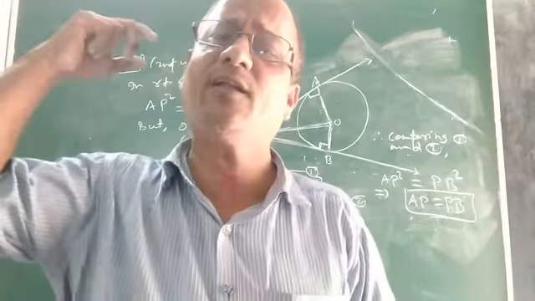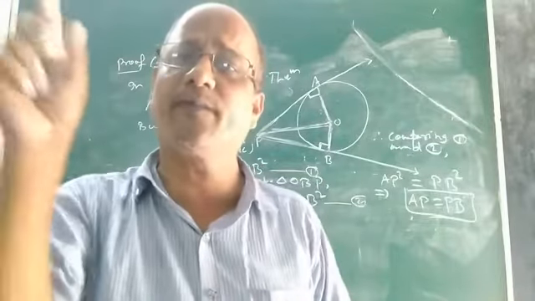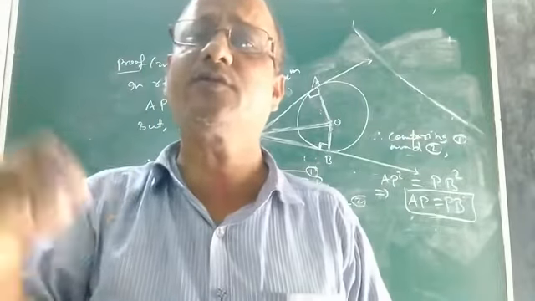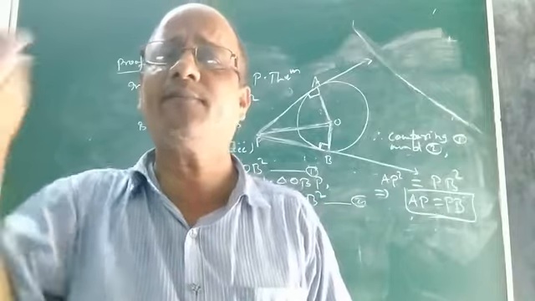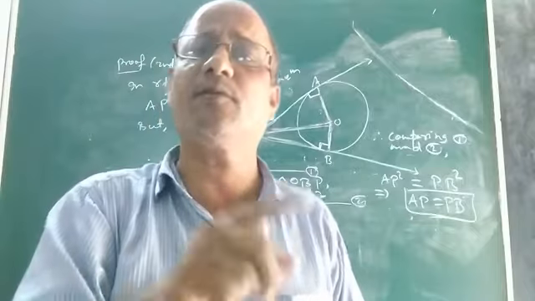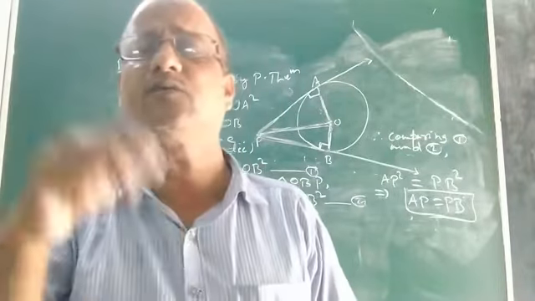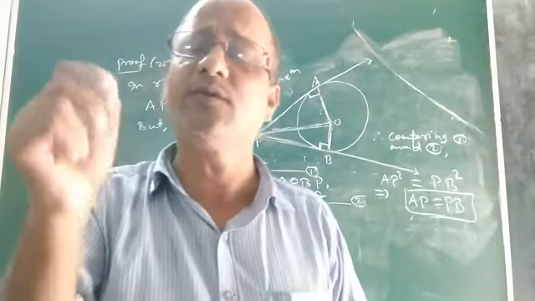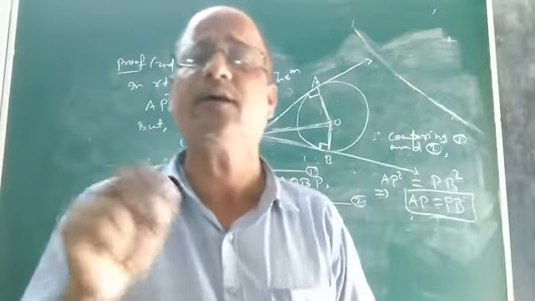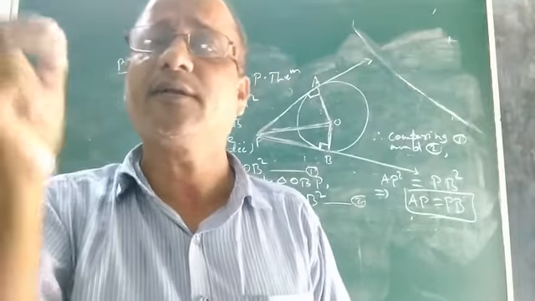It will find a lot of applications when you come across solving problems or proving geometrical truths based on tangent and circle. This particular truth will be used in most of the cases. It is a very important truth which relates two tangents drawn from an external point to a circle. Still another important property about the circle and tangent is left, which we are going to discuss in the next class, so that the chapter circle will be over. So we shall again meet in the next class with the discussion of another important property of tangent.